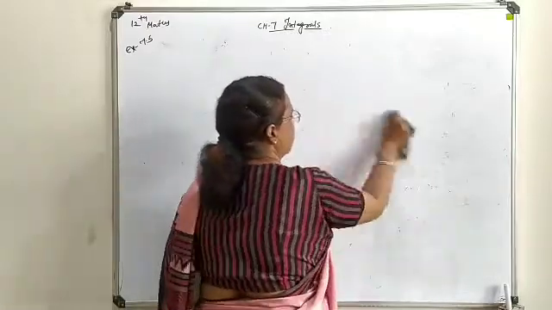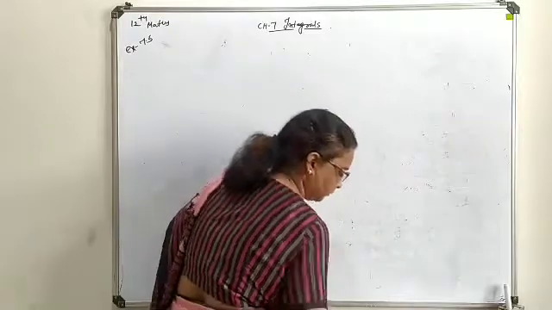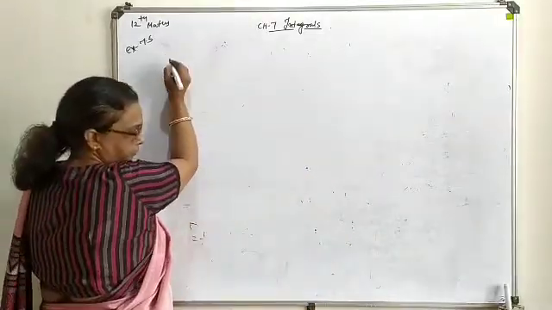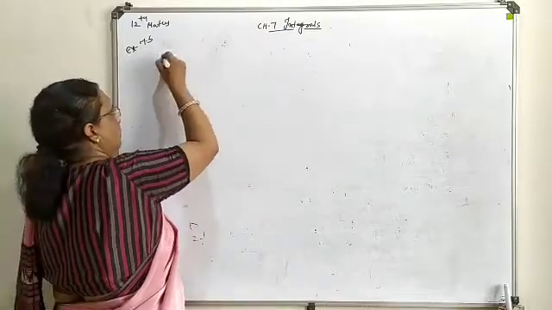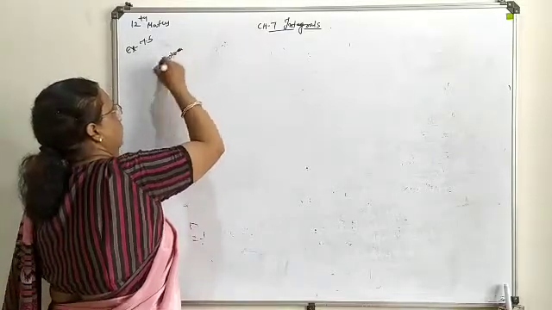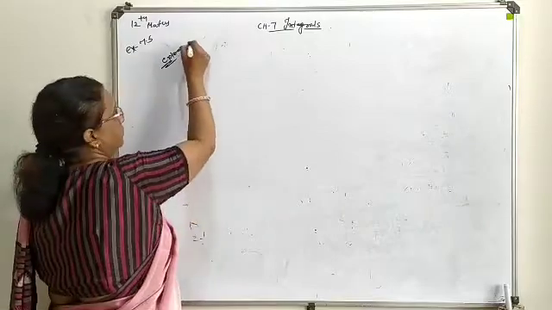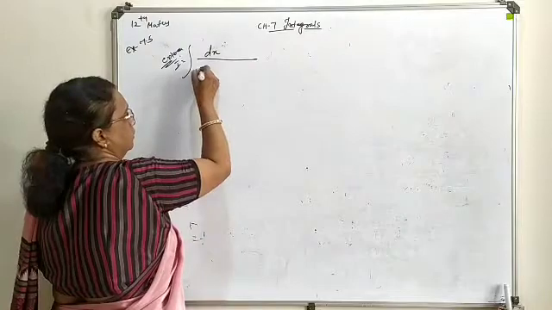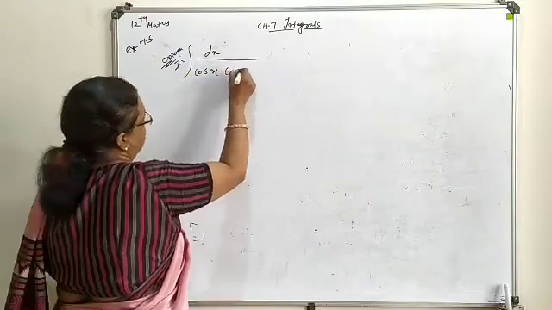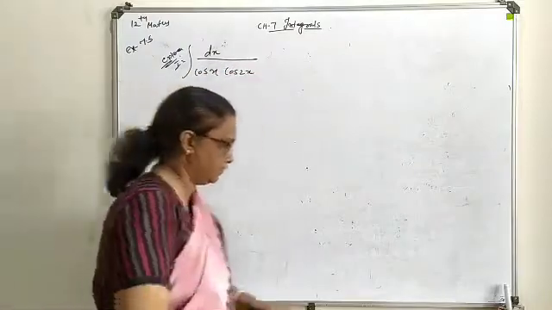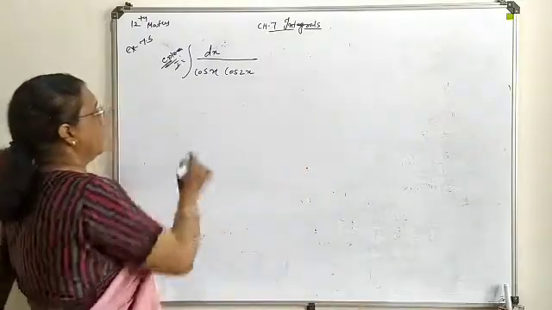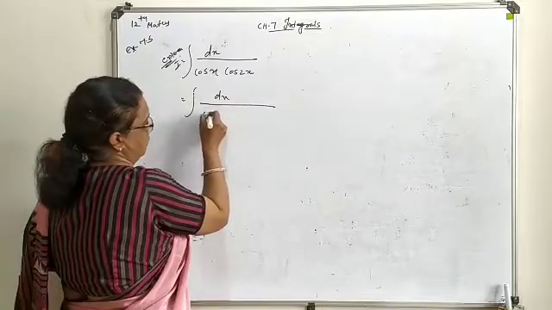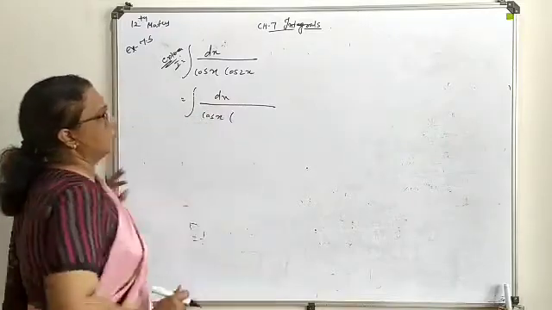Here I am writing one question. Going to convert, it is an extra one but important. The question is dx upon cos of x and cos of 2x. Now here first of all, this cos x is available.